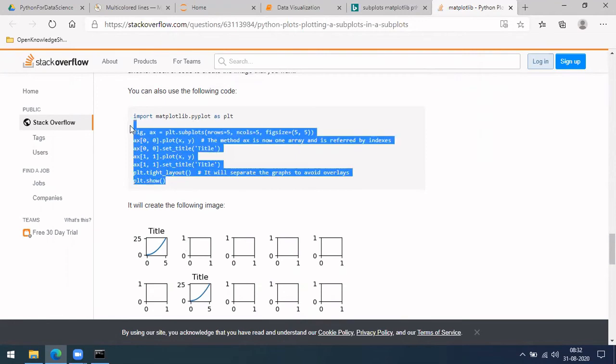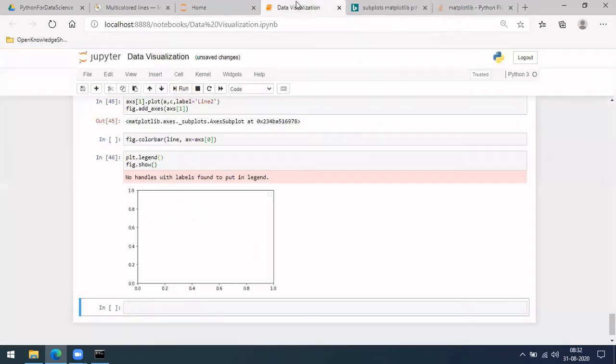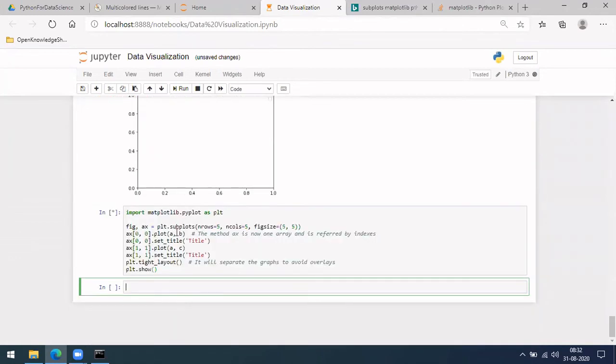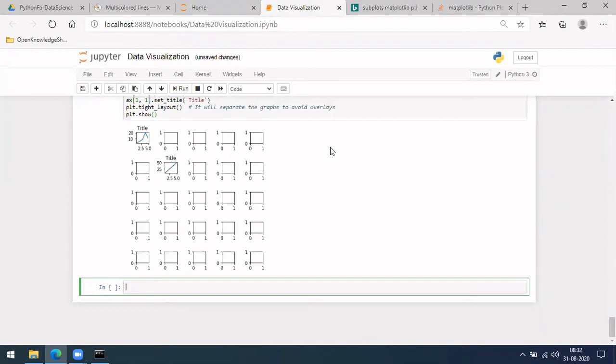Let me do this only as well, and let's see if it will work. So instead it will be A B, A C. Okay, this has worked.